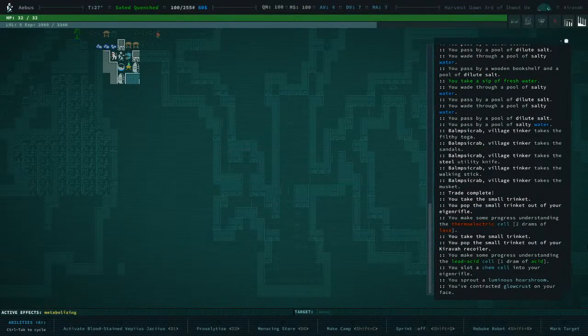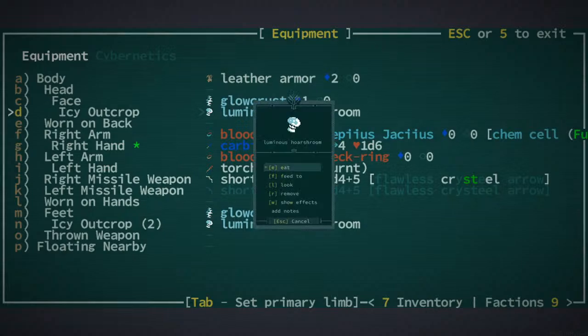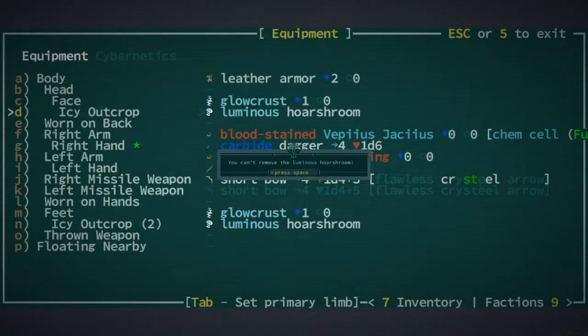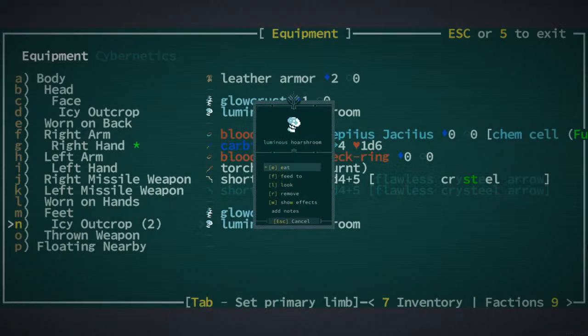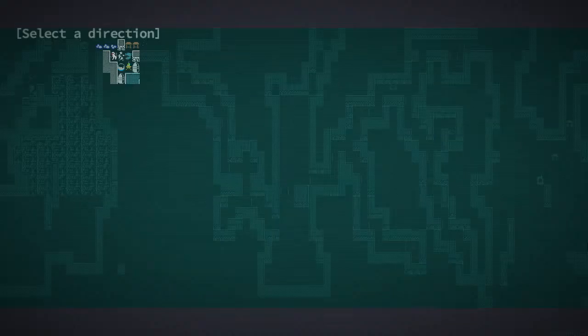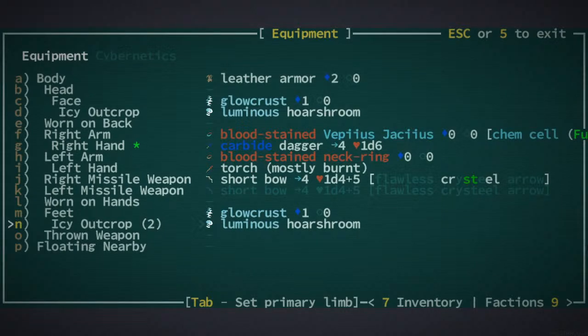Oh, glow crust on my face. Nice. At that point I usually have better chem cells. That's a good source of mushroom. Can I not just remove it? I don't want to eat my face mushroom. I want to save it for later. Baboon can eat my face mushroom. I hope this doesn't...